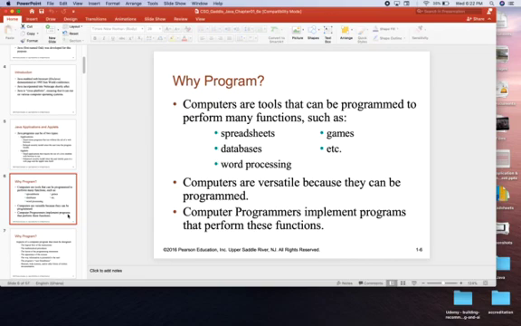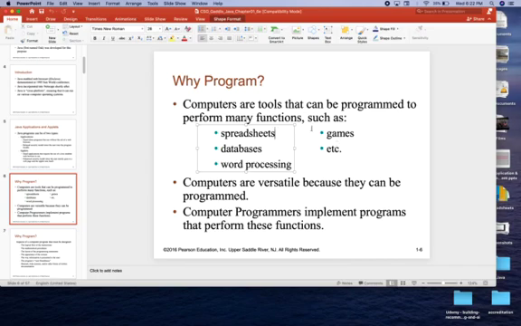Why do you need to program? This is a question for which you already have an answer. The computer system was developed literally to be programmed. So it has a hardware, it has a software. The software is made up of some set of instructions. They are supposed to tell what the computer system will do. So take, for example, the spreadsheet, databases, word processing, games, accounting software, hotel booking software, and the like. They are all instructions. They tell the hardware resources what they should do.